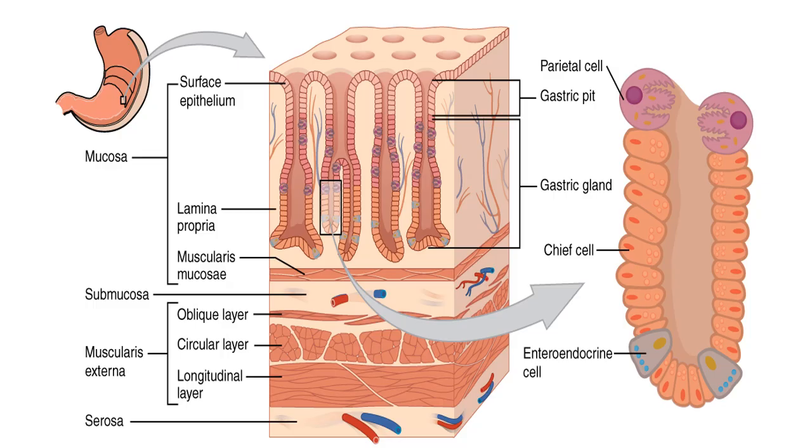The next layer is the submucosa. It contains various blood vessels and nerve plexus, and the innermost layer is called the mucosa. The mucosa has various irregular folds, called gastric rugae. In the gastric rugae we can see gastric pits, and at the depth of the gastric pits we can see most of the gastric glands, which secrete various enzymes and other factors responsible for digestion and also protection of the stomach layer.